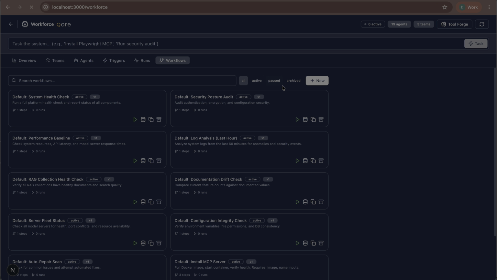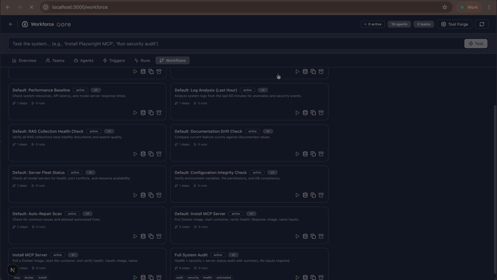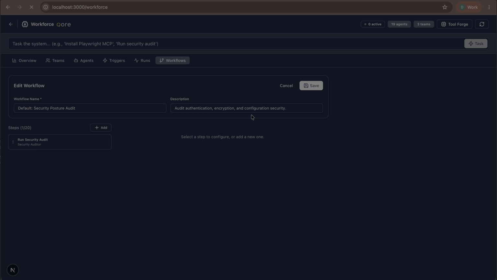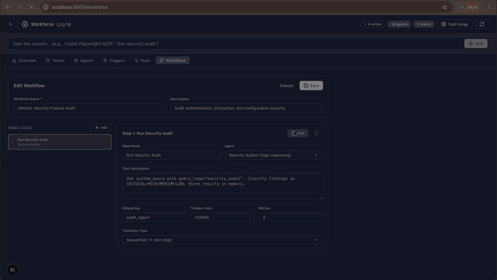We have several pre-installed workflows. We have the ability to archive workflows, set up data sources to our RAG collections, and run those workflows against the data sources. So if you happen to have knowledge that is being curated for purposes of the workflows, you can assign them here. Of course, the agents, whenever they perform their work, everything's encrypted at rest. And while they perform their work, they can work on encrypted data stores within the system. We'll talk about that in other videos, but that's just a very basic, if you want to take a look, for instance, the security auditor here,